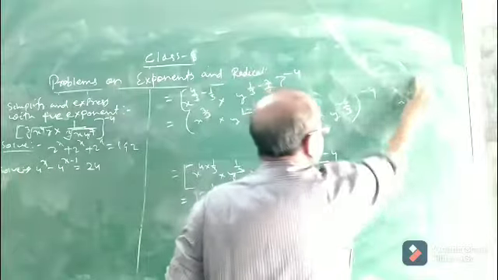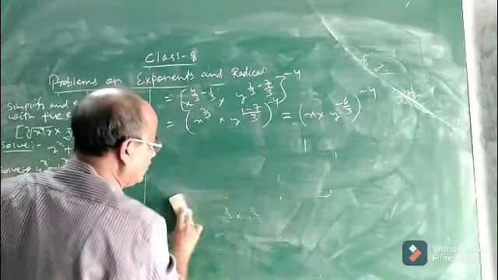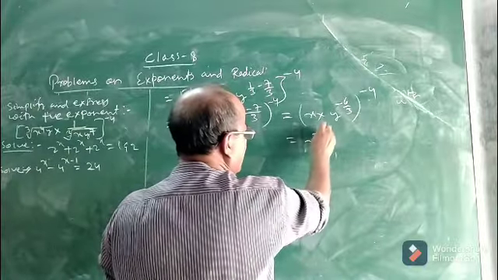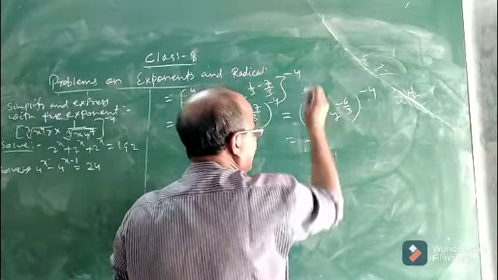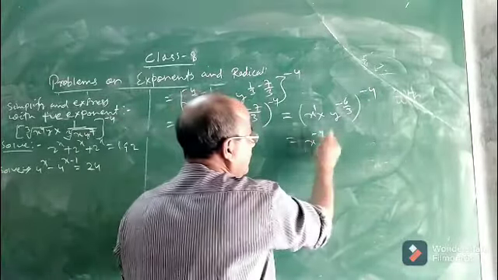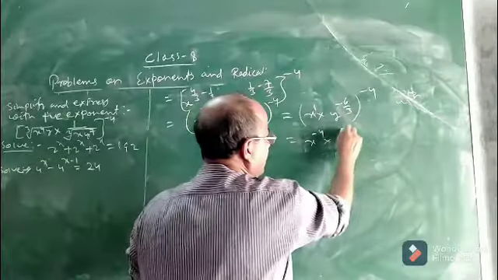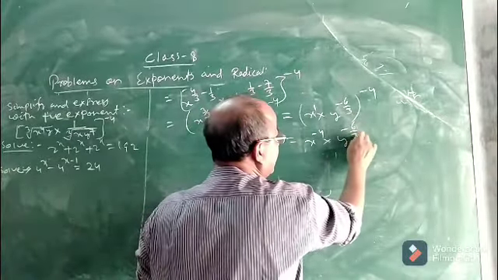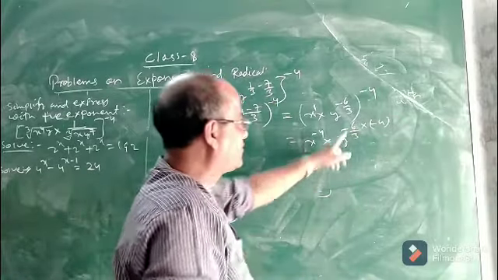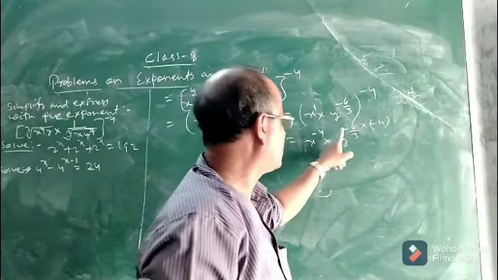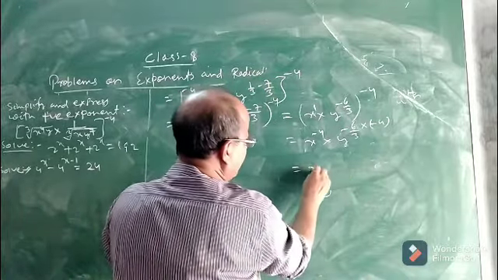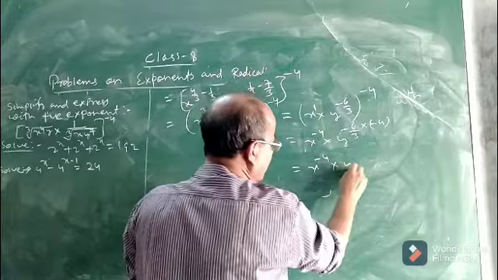Now this will be equal to x to the power minus 4. Here it is 1; 1 will be multiplied by minus 4. It will be x to the power minus 4. When this bracket is omitted, this will be minus 6 by 3 into minus 4. So minus 6 by 3 is how much? Minus 6 by 3 is minus 2. So minus 2 into minus 4 will be plus 8. That means it will be x to the power minus 4 into y to the power 8.